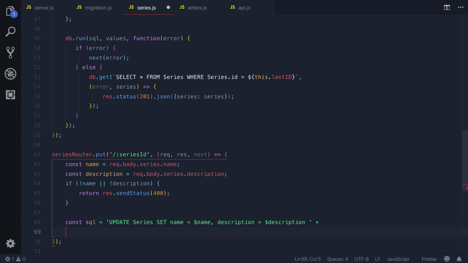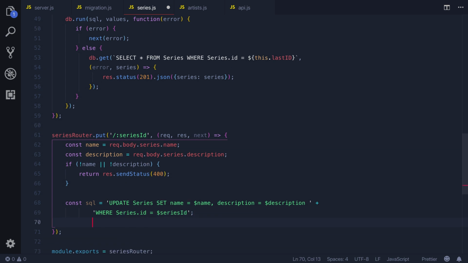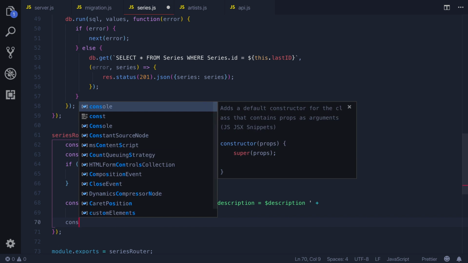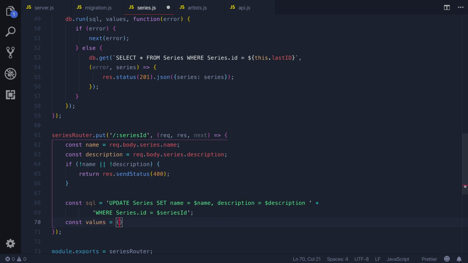And I'm going to add a new line here. We have to specify which exact series we're updating, because we can't update all the series to the same name and description. So we need a WHERE clause here to specify what series, and we can specify that by grabbing the ID, and we'll set that equal to the series ID named parameter. Series ID. Okay, perfect. So let's go below that and make a new object called values that holds the information